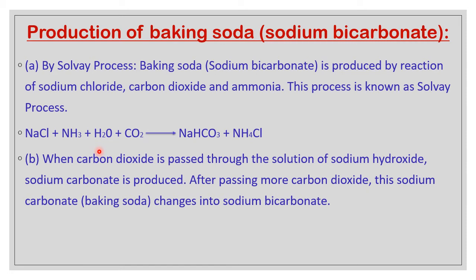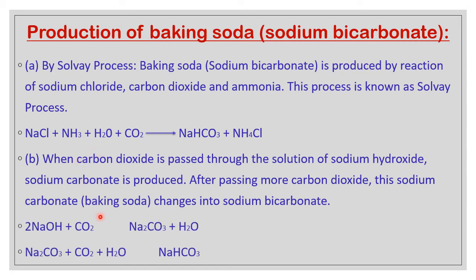Same technique is followed here also. Pass carbon dioxide, there it was Ca(OH)2, here it is NaOH. So what does it form? There it forms CaCO3, here it is Na2CO3 plus water. And to this, pass extra amount or excess of CO2, that converts into what? NaHCO3, which is soluble, and slightly you heat it. When the liquid evaporates, whatever white powder remains, that is called sodium hydrogen carbonate or the baking soda. This is the chemical equation for preparation of sodium hydrogen carbonate from sodium hydroxide by passing CO2 in excess. That is important.